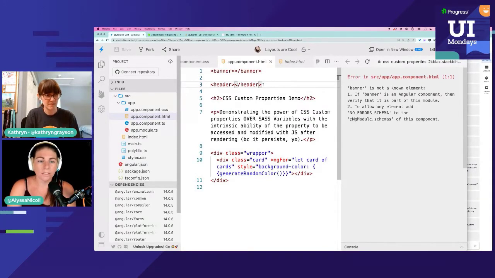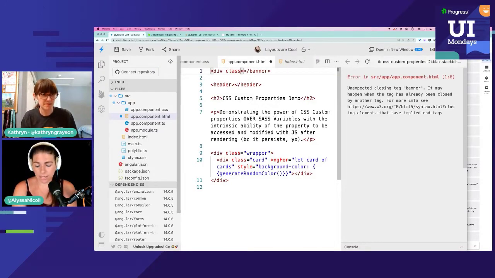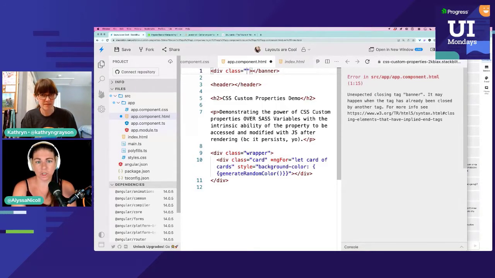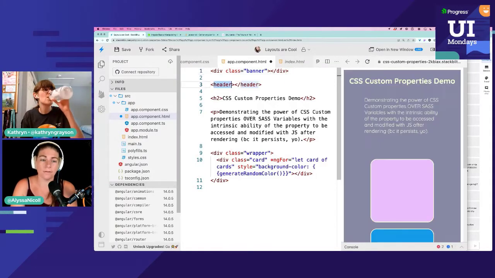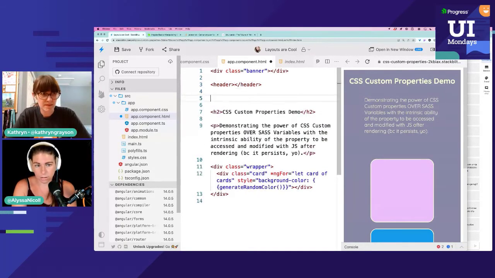Yes, I know. At least I personally would make these real elements or real components that are called banner, and then it pulls in your banner. But maybe that's overkill. So for at least today, because I just want to get it showing, and we've got like 10 minutes or less, I'm going to get something mocked up with divs. But yes, I would build those out. And then we had a banner header. We had our main content, which